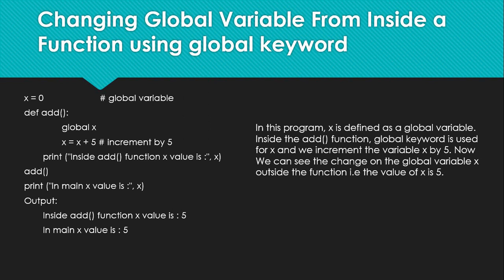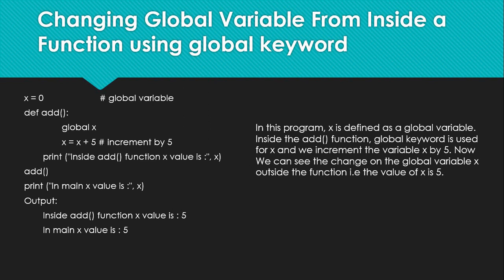So you want to print the value of x, you can print it because you've already used the keyword global there. Outside the function, you're going to print the main value of x. Again, the value of the global variable is printed out outside the function, and it will also be 5 because you have made an alteration in the global variable. So the alteration will be carried through outside the function also because you have used the keyword global.